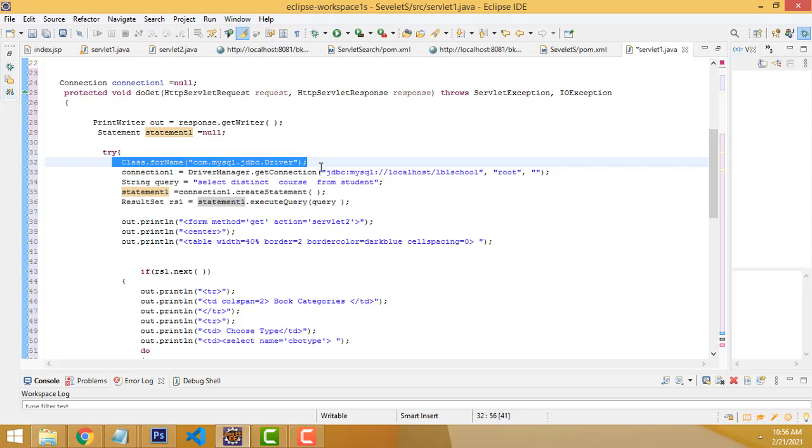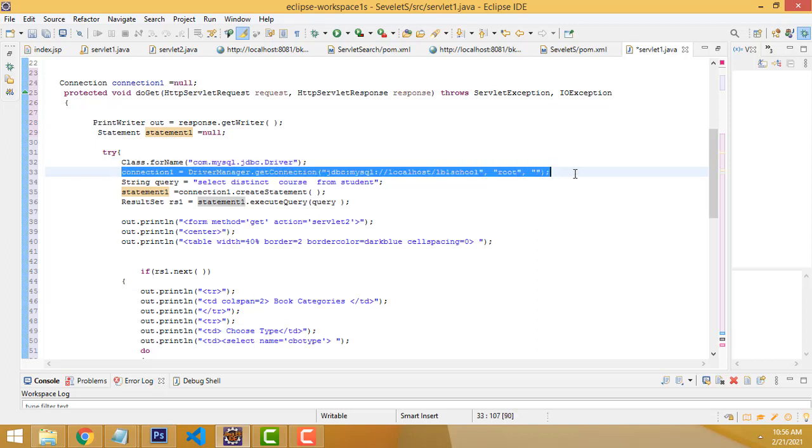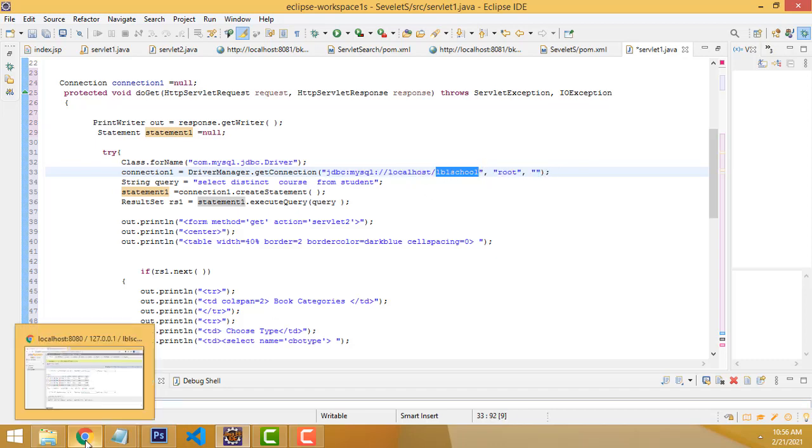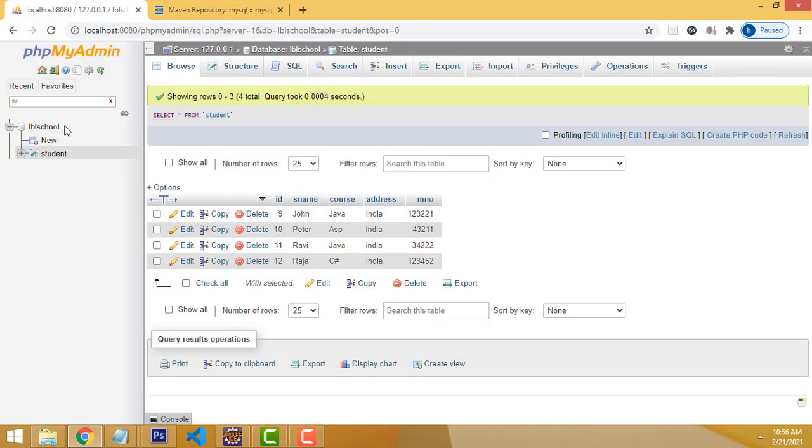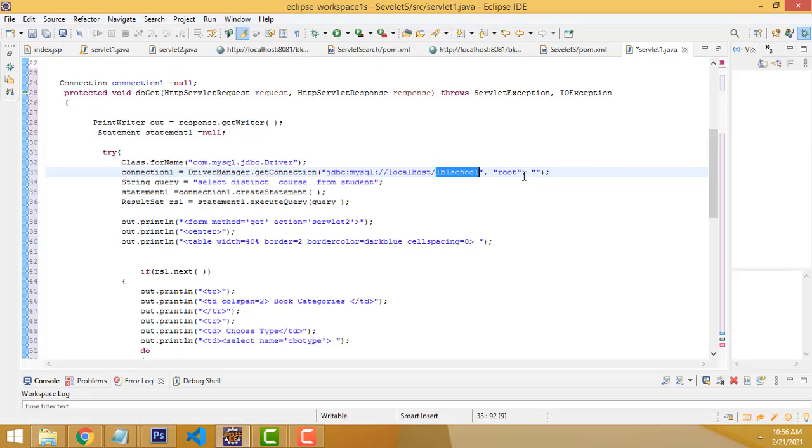So we have to register the MySQL driver using Class.forName. After that, we have to give the relevant database path, like this. This is your database, LBS code. Your database resides on the localhost server. This is the default username and password for MySQL. Root is the username and the password is blank.